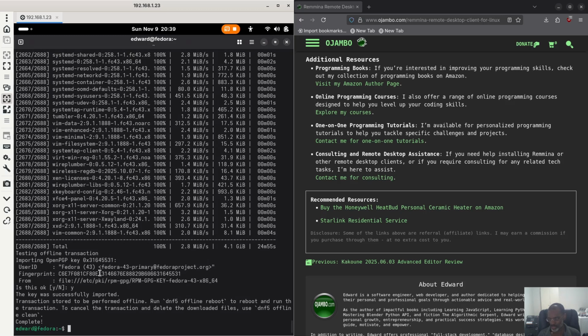They probably keep the same keys, but Fedora, as you can see, when they have a new version, they change the key, so the fingerprint changes. So that's one reason it's a good idea to update all the time. I already did that, and then it says the key was successfully imported, and then transaction stored to perform